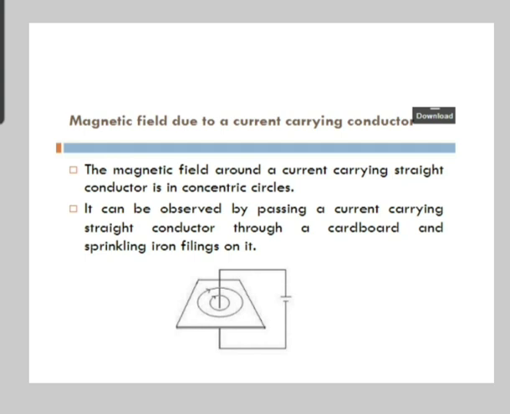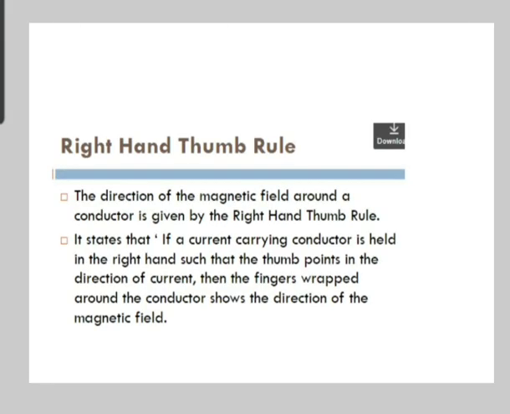As the current through the conductor increases, the magnetic field increases proportionally. When we move further away from the wire, the magnetic field decreases with distance, and it is described using Ampere's law. According to the law, the magnetic field at distance r from a long current carrying conductor carrying current I is given by the equation B = mu 0 I / 2 pi r.